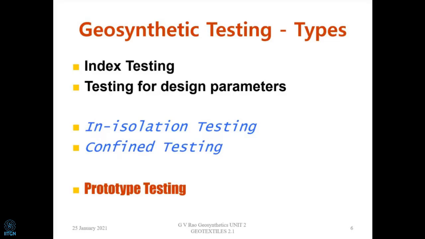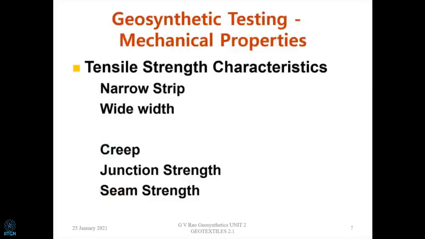What is required now? We have to conduct a large-size testing, which is the prototype testing, and also we have to prove it by constructing a real wall or real structure, and then see the performance. That means this is a stage now. We do some initial studies, we do a laboratory model, almost full size, and then we also consider the field. Then we evolve a methodology which should be more economical than the existing systems.